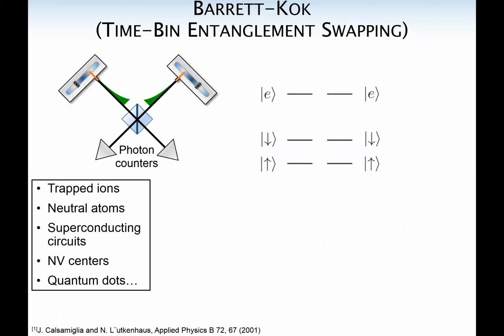So first of all, we're talking about a generalization of Barrett-Kok, so I should review what the original Barrett-Kok scheme looks like. You might have also heard this called time bin entanglement generation, or time bin based entanglement swapping. Essentially, it's a way of creating remote Bell pairs in a way that's robust to loss in the link that connects your quantum systems. So this has been a ubiquitous protocol. It's been used in trapped ions, neutral atoms, superconducting circuits, and color-centered quantum dots. And I'll quickly describe the high-level intuition of how it works.